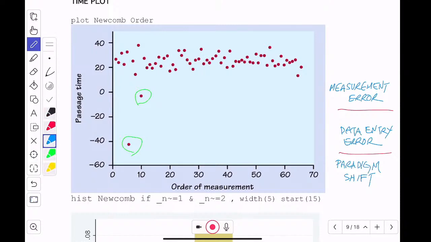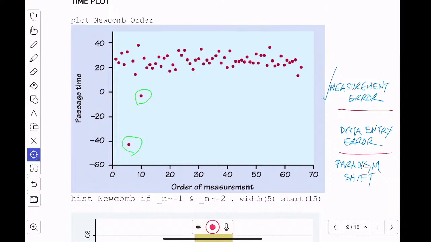So I'm going to pick, in this case, likely measurement error, something that took time to learn, and once it was learned by the research staff, you never saw those numbers again. So as a result of measurement error, unless we could correct it, which we can't because it's old data, we can't retake those numbers. I mean, I guess we could, but we'd have to repeat this experiment. We just throw them out. We can just throw them out, and it's not going to affect. Most of the data is within a very predictable range, around 20 to 40.